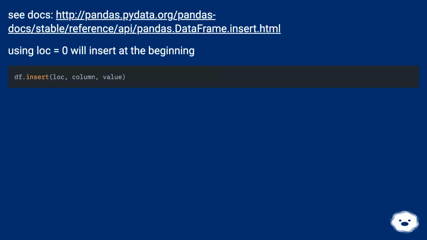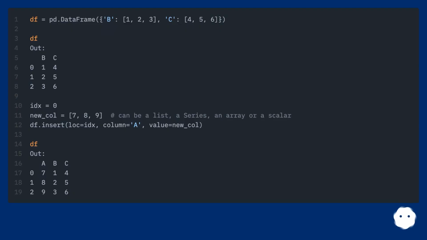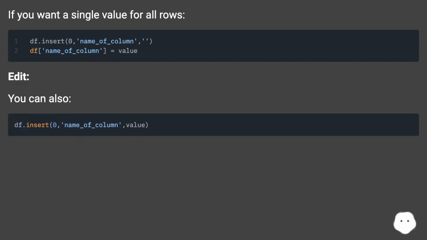See docs, this URL. Using loc equals 0 will insert at the beginning. If you want a single value for all rows, edit. You can also